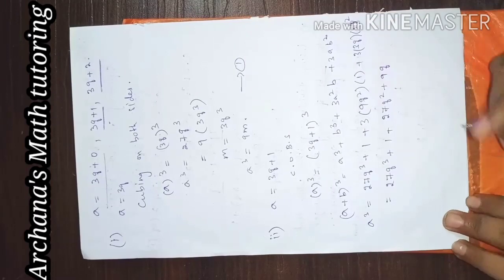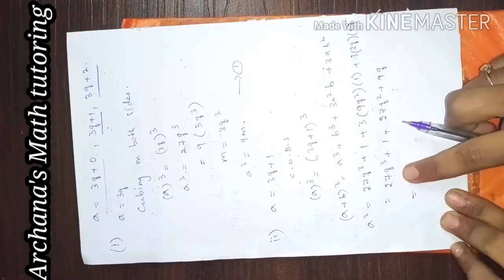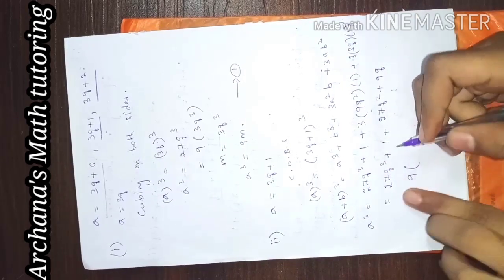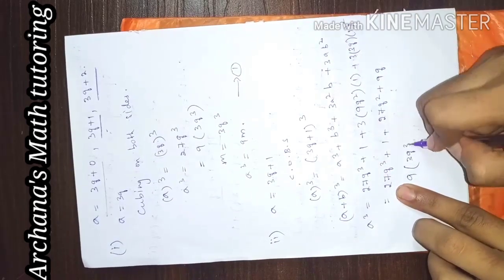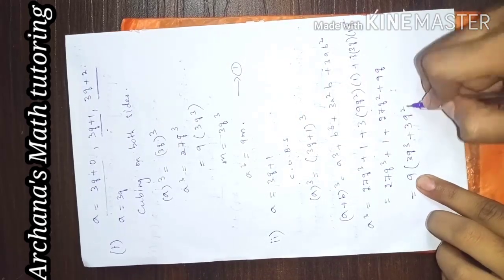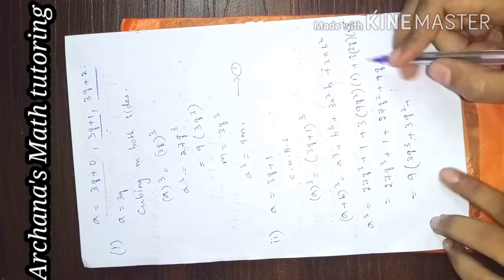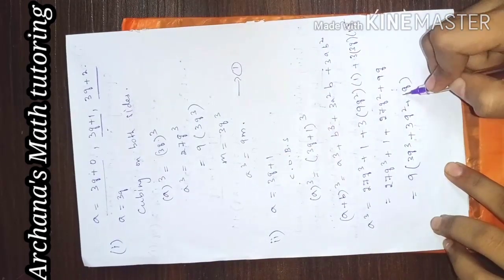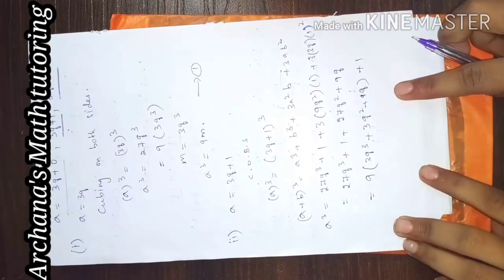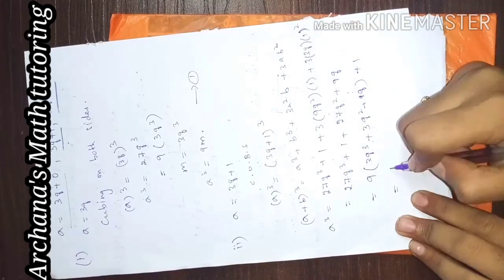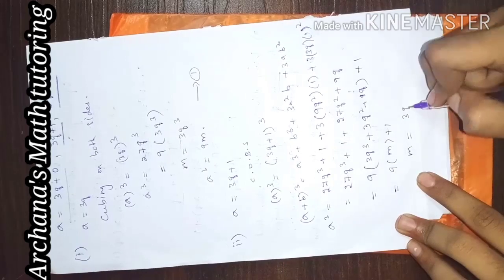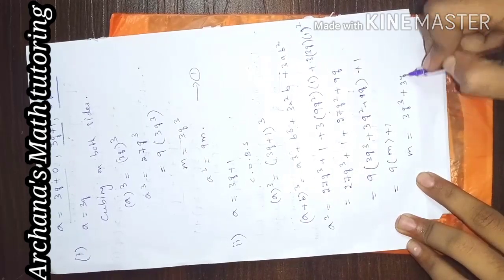So now you have to get it in the form of 9. So take 9 common from whichever terms it is possible. 9 into 9, how many are 27? 9 3s are 27. So 3q cube plus, again from here 3: 9 into 3 is 27q square, plus 9 in 9 is 1 time, so q. This plus 1, you can't take 9 common from 1, so you write plus 1 here. This is nothing but 9 into m plus 1, where m is 3q cube plus 3q square plus q.